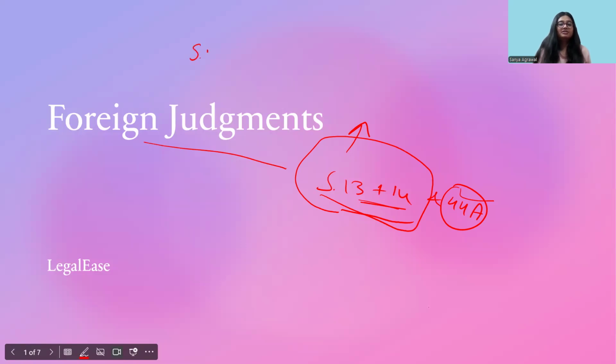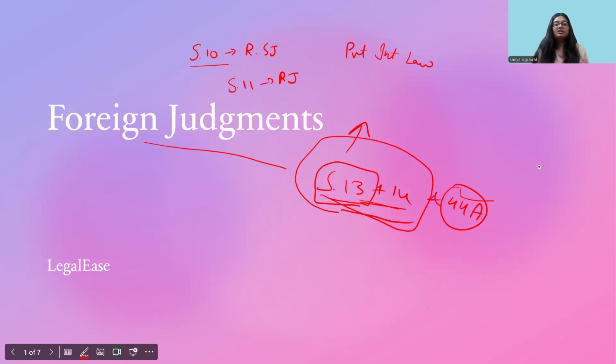We have already discussed section 10, which bars res sub judice in foreign courts. Basically, it says if a foreign court is deciding a particular matter, the same matter on the same cause of action between the same parties is allowed in India, and the section 10 bar will not be applicable. But what about section 11, which is on res judicata? There is no clear provision regarding it, so that is why we refer to 13 and 14. Section 13 talks about the conclusivity of the judgment, and through this we can find out whether res judicata is applicable.